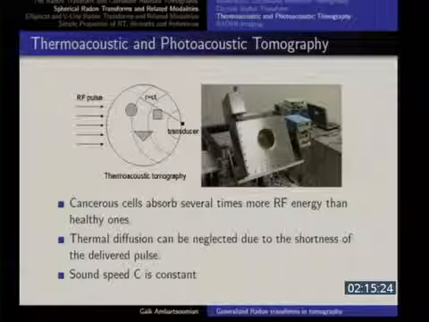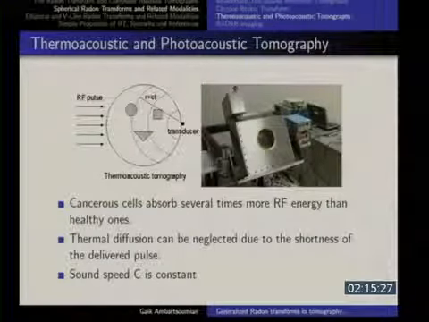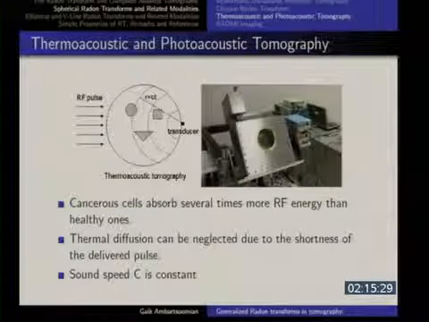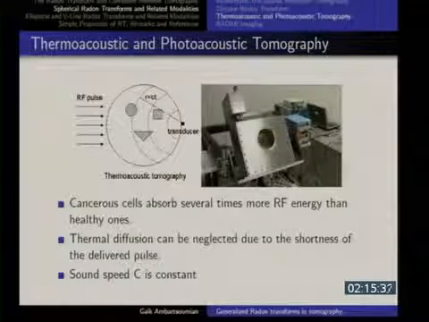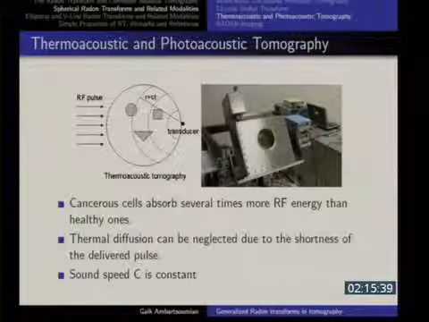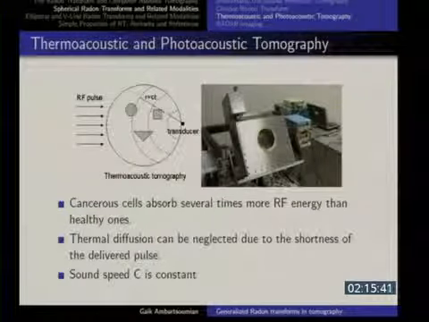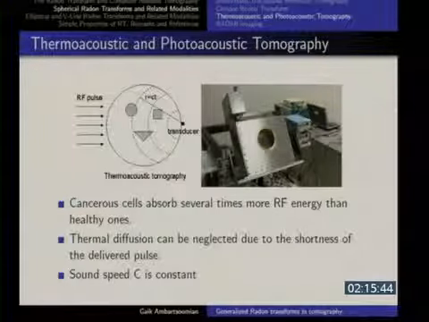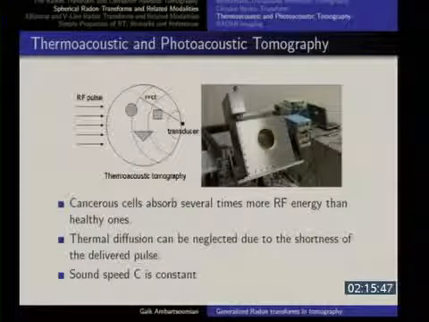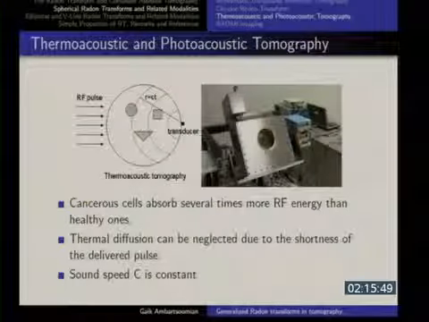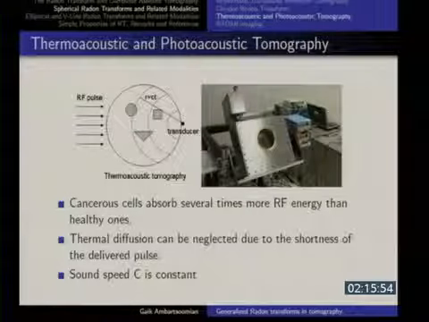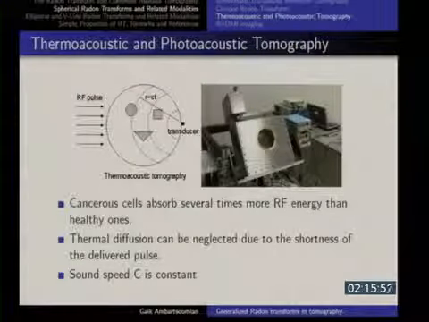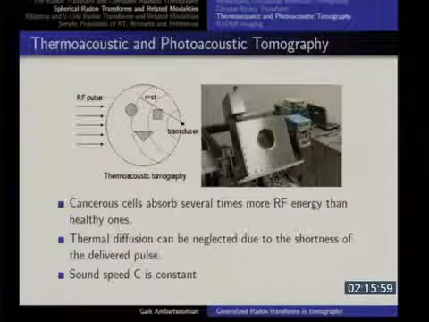What happens is the doctors have realized that there is a huge contrast in the amount of energy absorbed. Different tissues absorb differently. Muscles absorb a different amount of energy. Fat absorbs a different amount of energy. In fact, it turns out that cancerous cells absorb 5 times more energy. There is a 500% contrast. The difference between the heat-up of the tissue is very, very big. And then what happens when objects heat up? They expand. And this expansion creates an acoustic pulse that radiates.